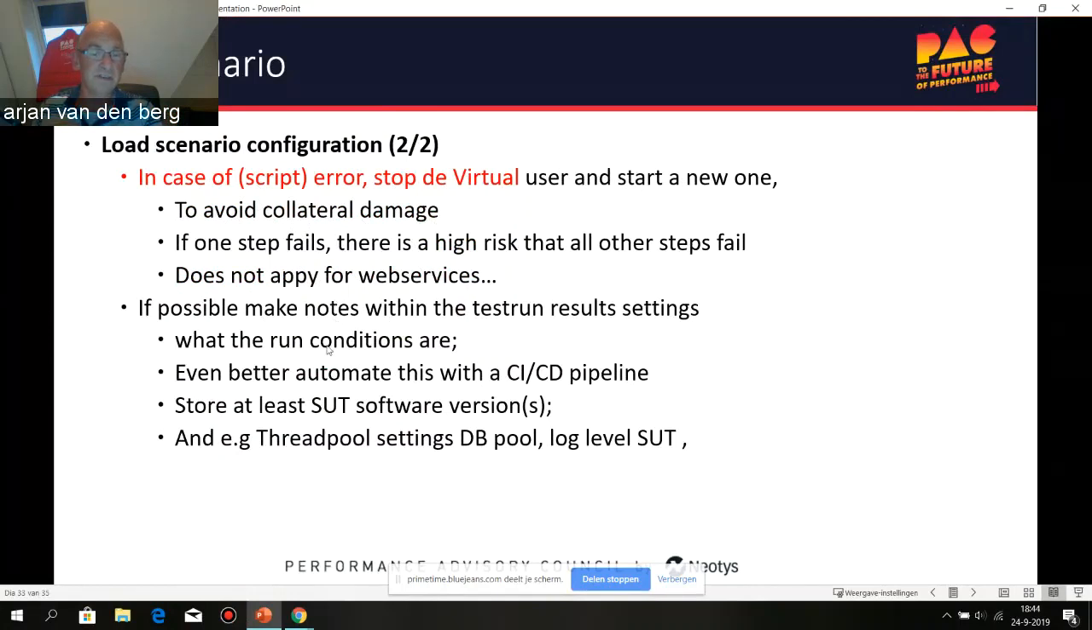And the last bullet is, yeah, it's more when you do load testing, not yet in a CI/CD pipeline, but if you run tests and then you have results and you need to compare, and you have changed settings in the system and the test. So if possible, store within the test results the run conditions,